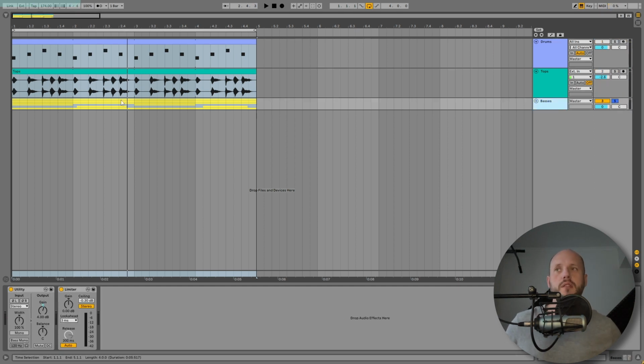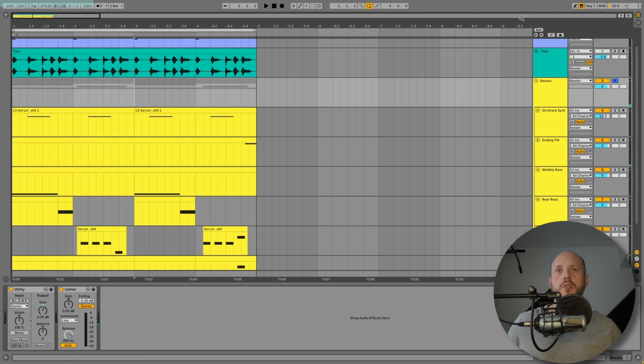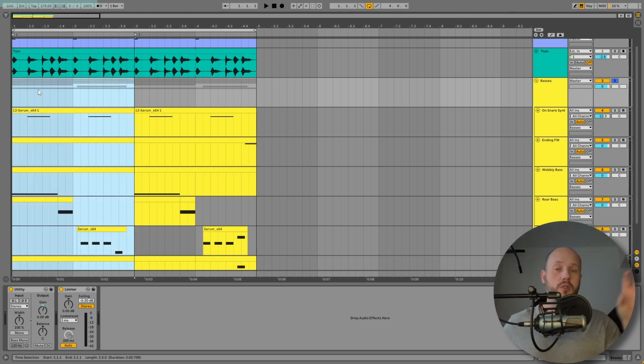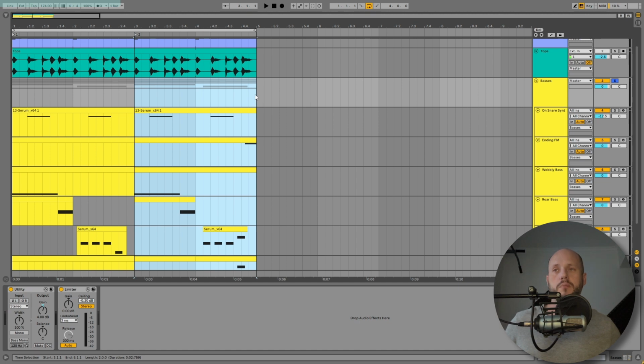So the basses. This is section A and this is section B. The first section has a call and response relationship. So we start with the boom boom boom boom boom bum bum bum bum. The vocal bass is the call, and the response is the stabby, plucky basses. In the next section, in section B,